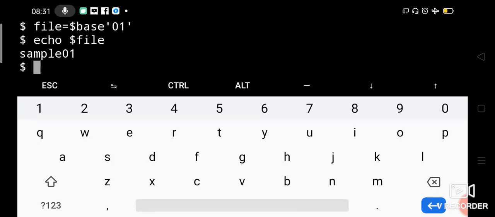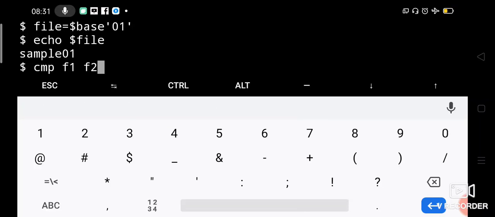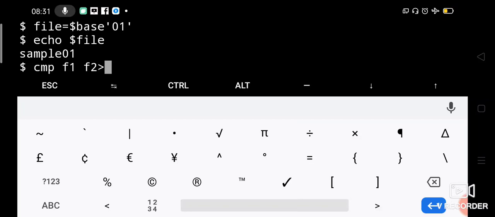And let us check with /dev/null. So let us say compare F1 and F2, and the output of which is redirected to /dev/null.